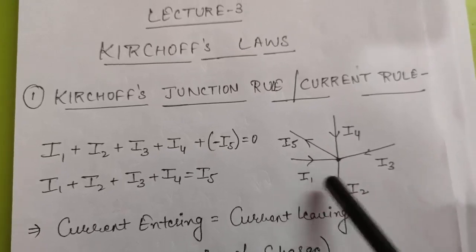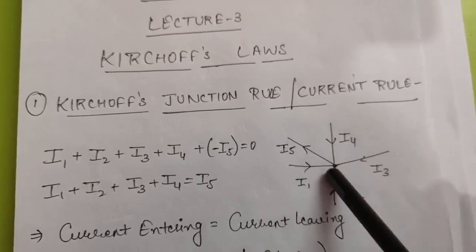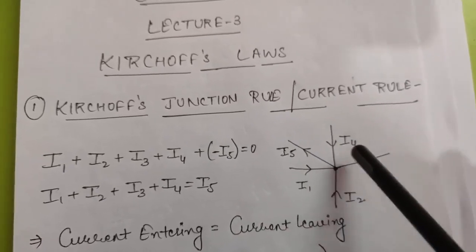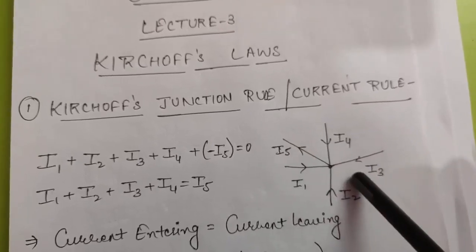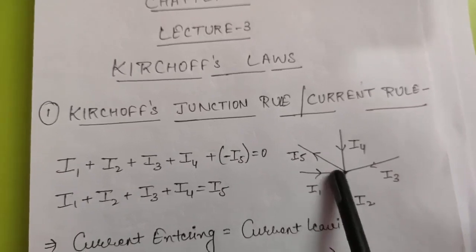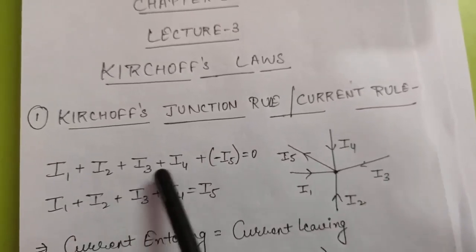Now, for example, look at this circuit. There are 5 currents I1, I2, I3, I4 and I5. Now, if I apply this rule, all these currents are meeting at this junction or this point. So, the sum of all these currents should be 0. Applying this first rule, I1 plus I2 plus I3 plus I4 plus